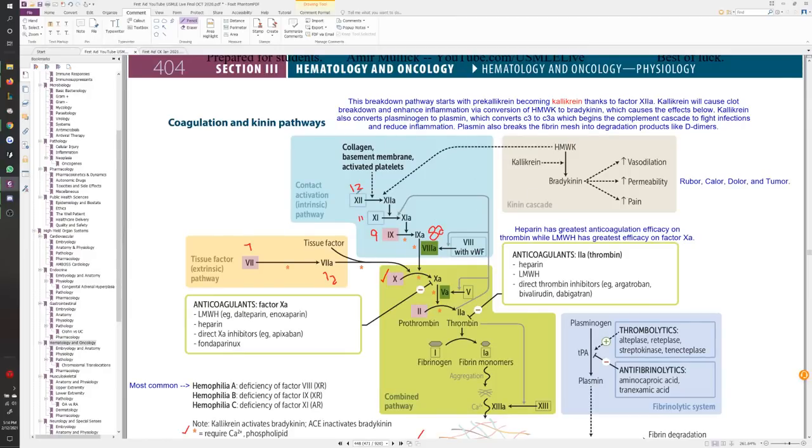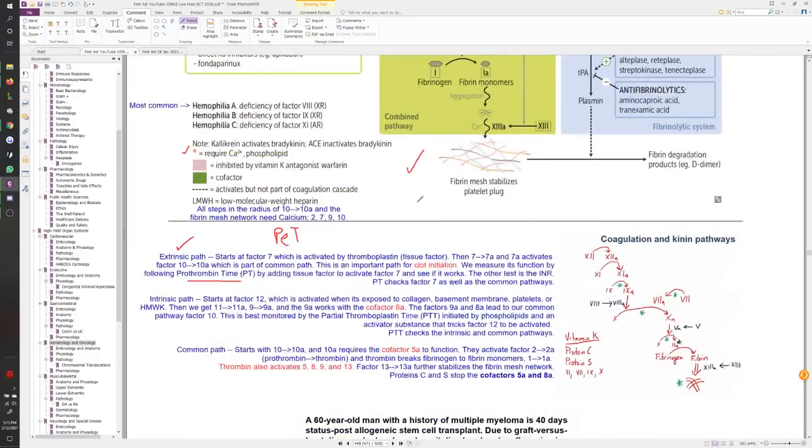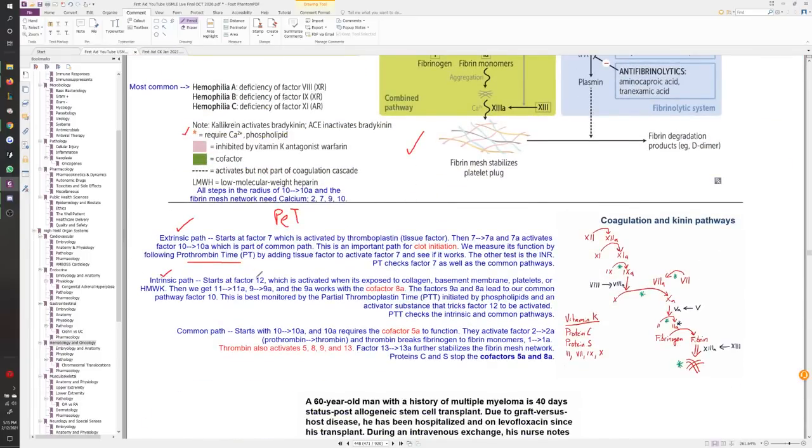Before this, the contact pathway to activate, you can see it's much more intricate than your extrinsic pathway, which was super easy. So here, even though damage to any one of these things was already activating everything up to factor 9, factor 9 needed a cofactor, which is factor 8, to help it turn on the common pathway regarding factor 10. And all of this needs calcium. Okay, so someone missing von Willebrand factor, such as in von Willebrand disease, will have difficulty doing this intrinsic pathway. Right? And then at the bottom here I wrote intrinsic pathway starts at factor 12, which is activated